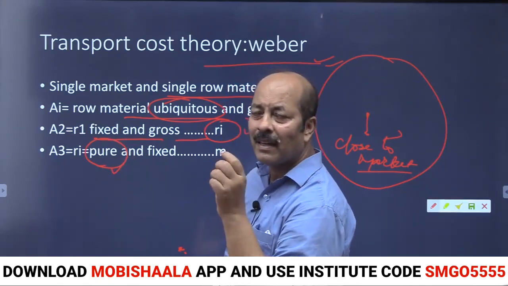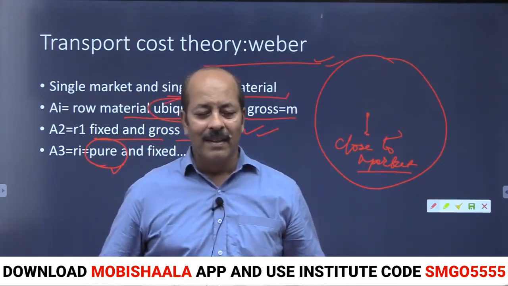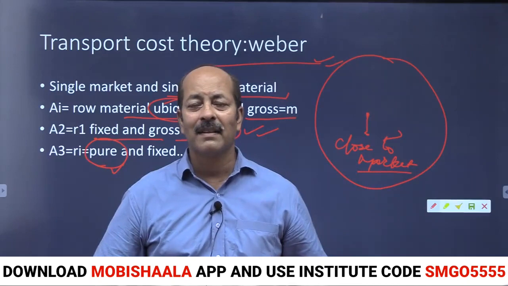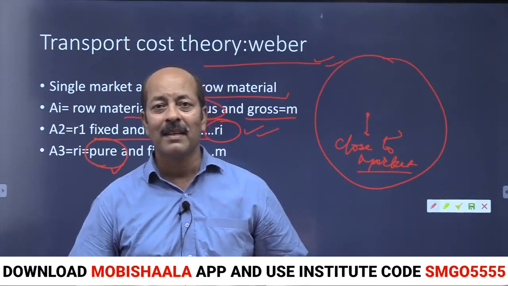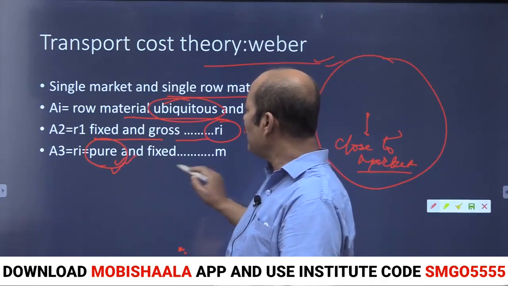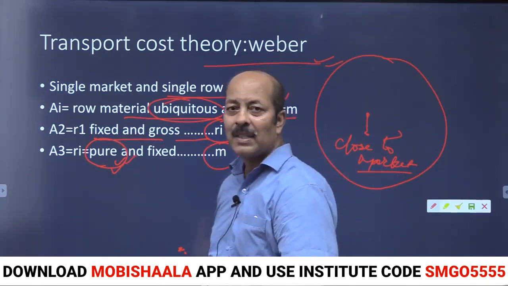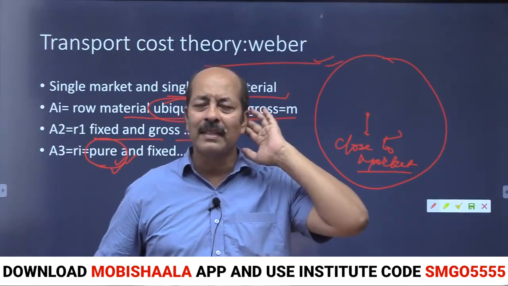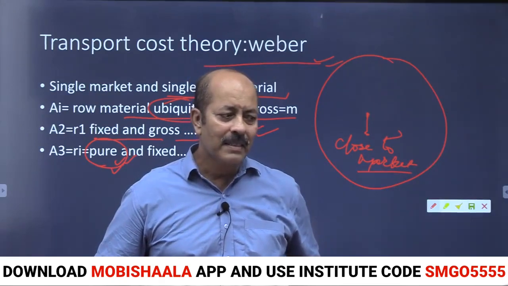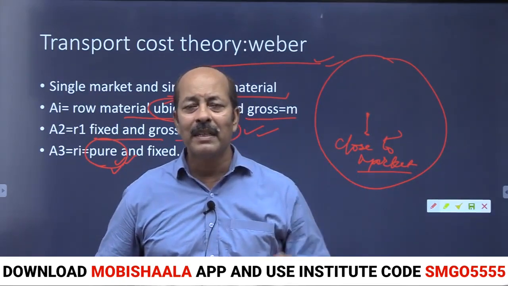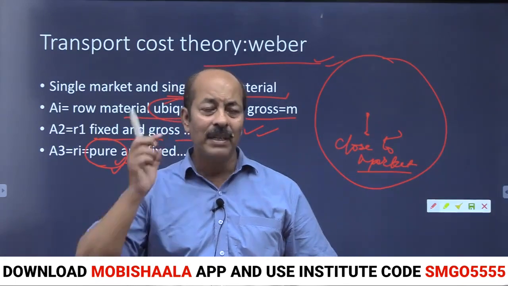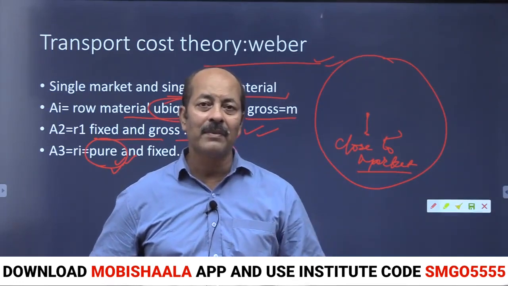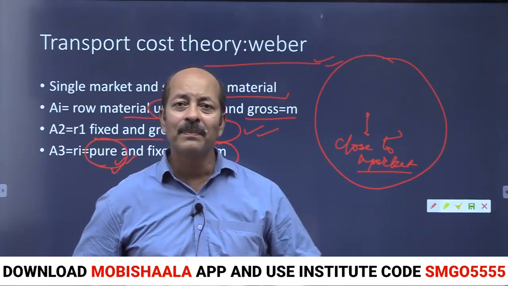Pure means, suppose you have cotton, the type of raw material cotton is, the weight never changes even after manufacturing, right? So this type of industry can be localized close to the market area. So we will find that the cotton textile industry is located in every part of India except the mountain kingdom, because it is a pure raw material, which can be transported to any area and the weight will not be lost, right? Weight will not be gained also. So it is a pure raw material where the industry can be located close to the market area.